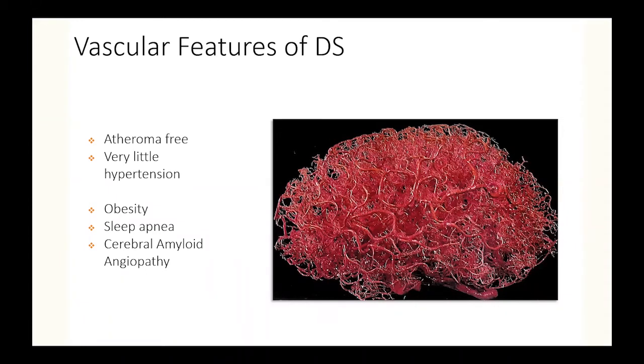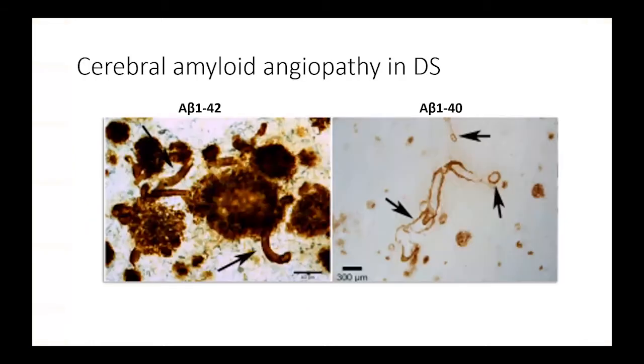And they are overexpressing beta-amyloid. So you've got to assume there's lots of this being deposited, not only in plaques, but also in blood vessels. And that was an area that we started to kind of map down. And it was surprising there wasn't a whole lot of systematic information about this in Down syndrome.